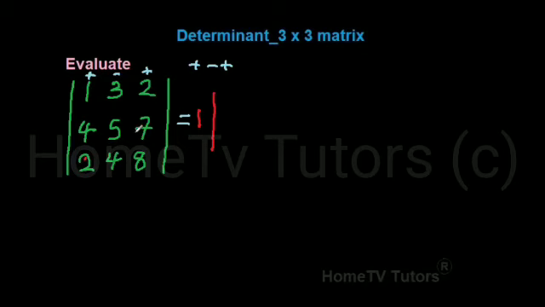So the minor is 5, 4, 7, 8. Then we go to the second top element after 1, which is 3. The place sign is minus. Then we multiply that by its minor. So if we block out the row and column that contain the element 3, we have the minor 4, 2,